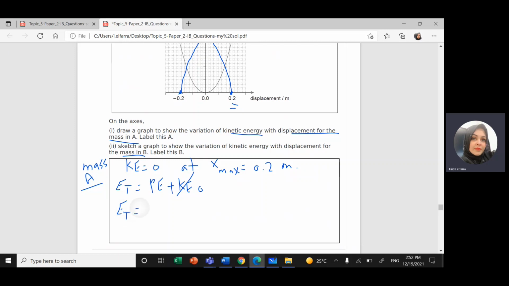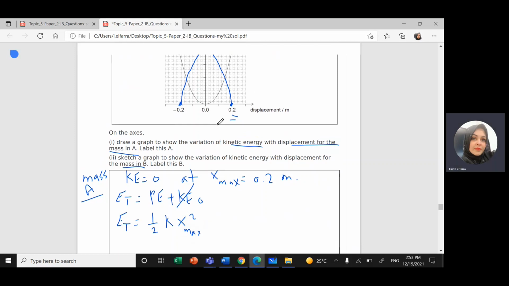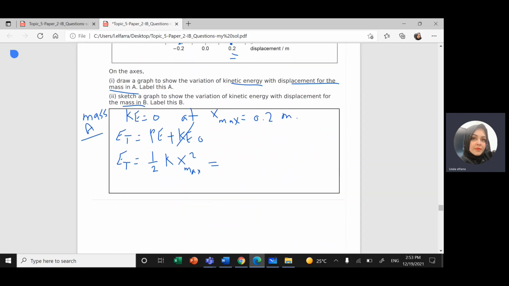So total energy, it's elastic potential energy, equals half the spring constant times the maximum displacement squared. Maximum energy from the graph is 0.16. So 0.16 will equal half, I don't have K, times maximum displacement 0.2 squared. Cross multiplication and find K. So K will equal 2 times 0.16 divided by 0.2 squared. And this will give us 8 Newton per meter. Now for mass B,